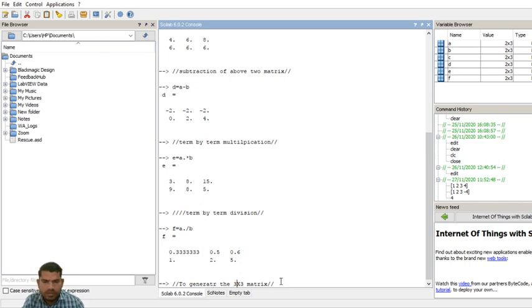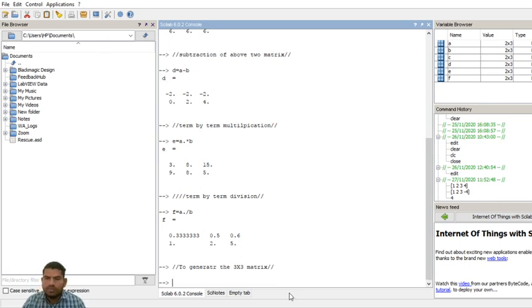The name of the matrix is A, equal to 1 comma 1 comma 2 comma 3; 4 comma 5 comma 6; 7 comma 8 comma 9.